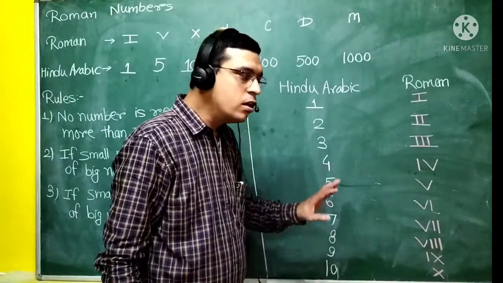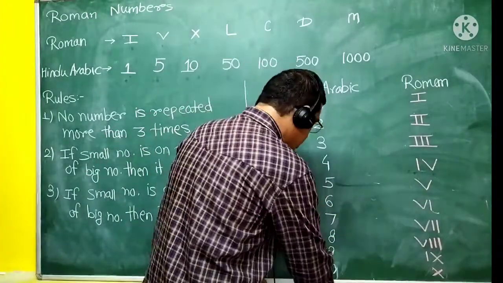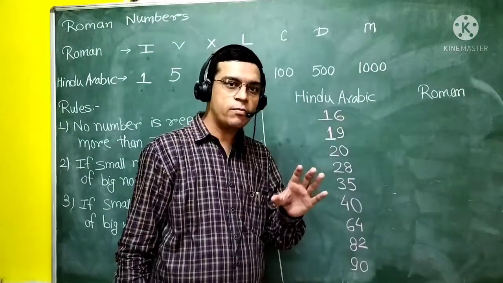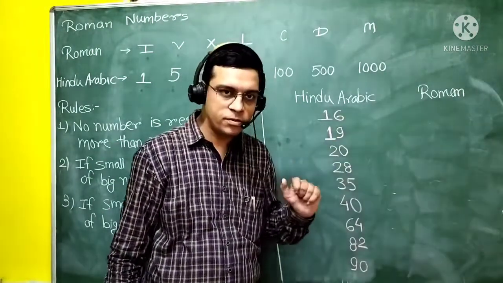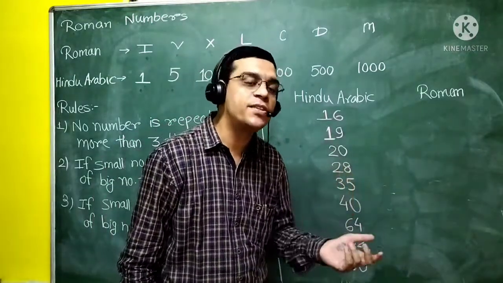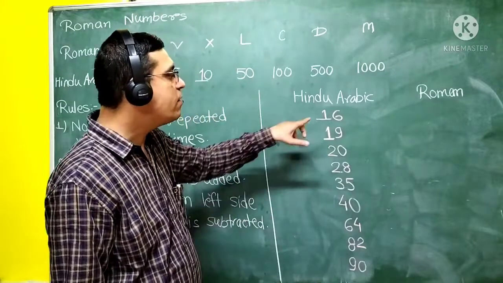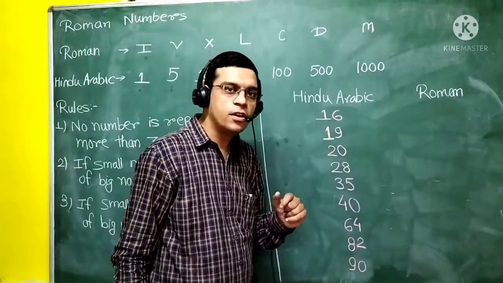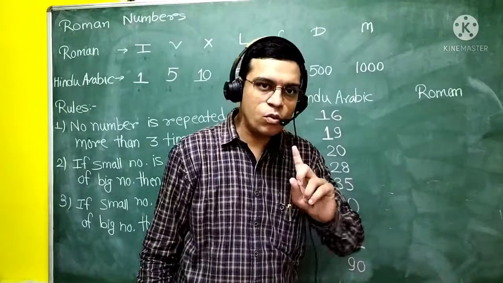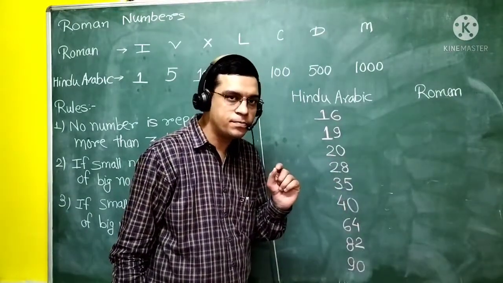So this is how we write Roman numbers from 1 to 10. Okay. Now let's move further and look at slightly bigger numbers. Now we know how to write Roman numbers from 1 to 10. We have learned up to 10. Now we are going to study 2-digit numbers. How are we going to write 2-digit numbers? Like, I have to write 16. First, remember 1 to 10 very well, and only then can we move ahead.